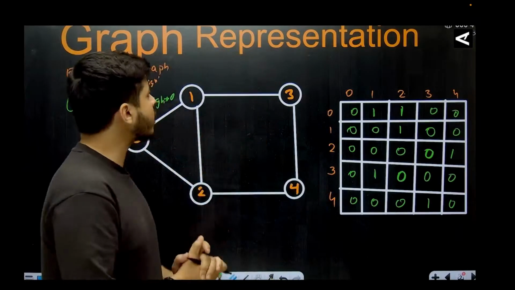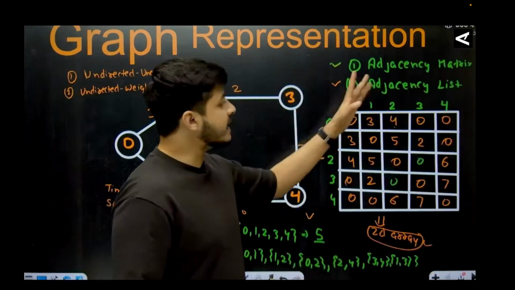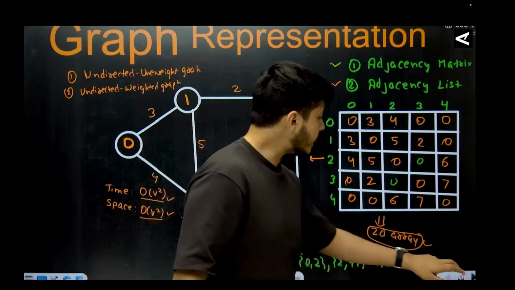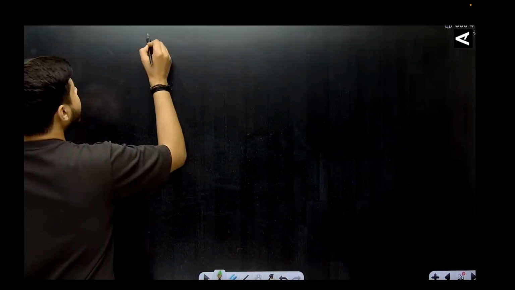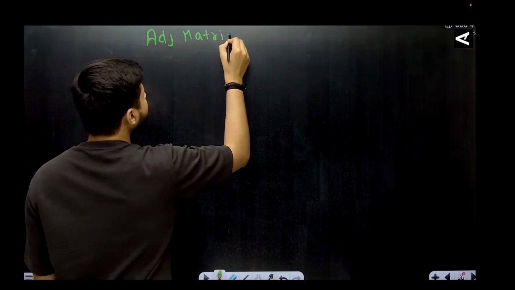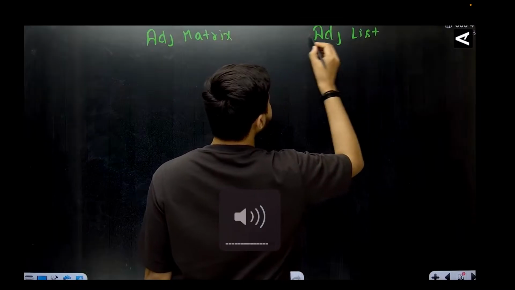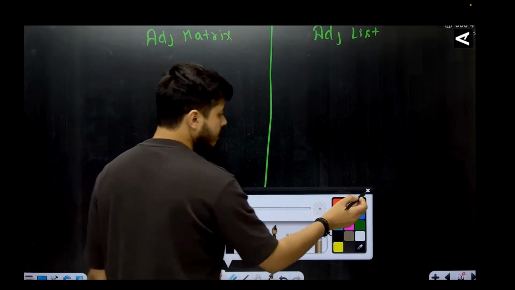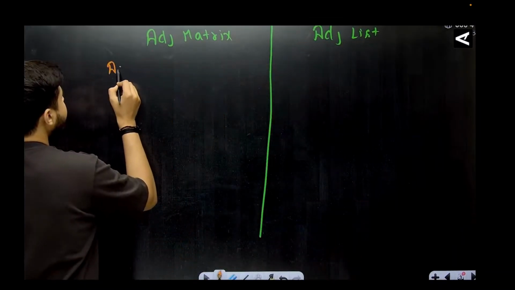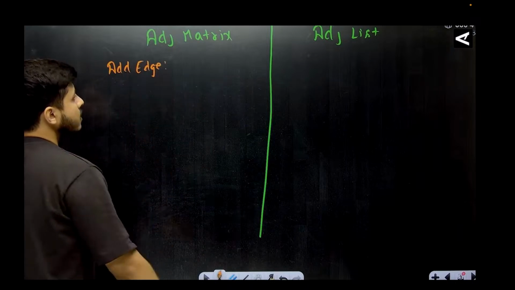अब हमने एडजेंसी लिस्ट के बारे में सीख लिया है। अब आपके दिमाग में एक सवाल आ रहा होगा कि एडजेंसी मैट्रिक्स ज्यादा अच्छा होता है या एडजेंसी लिस्ट ज्यादा बढ़िया, किसको हमें ज्यादा यूज करना चाहिए। तो चलो इनका कंपैरिजन करते हैं। एडजेंसी मैट्रिक्स और एडजेंसी लिस्ट को हम अलग अलग पैरामीटर में तोलेंगे। तो पहला पैरामीटर कि अगर मुझे अपने ग्राफ में एज को ऐड करना हो तो कितना टाइम लगेगा।